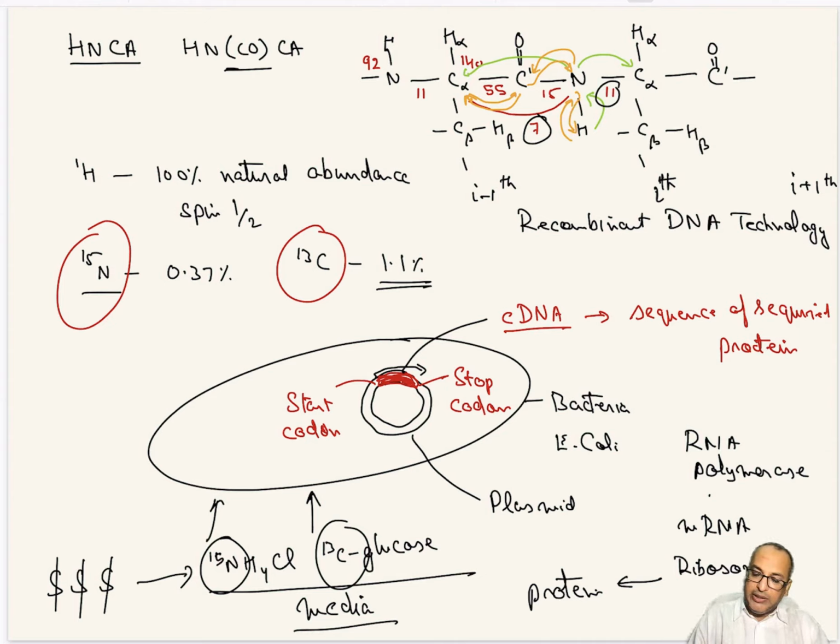Okay, so there is no chance, because we are evolving NC prime coupling, and this NC prime coupling is very, very weak, so it does not evolve. So you only transfer to your previous residue. And then again C prime to C alpha, it will only go in one direction. So basically, by invoking NC prime coupling and then C prime C alpha coupling, you actually provide directionality to this experiment.